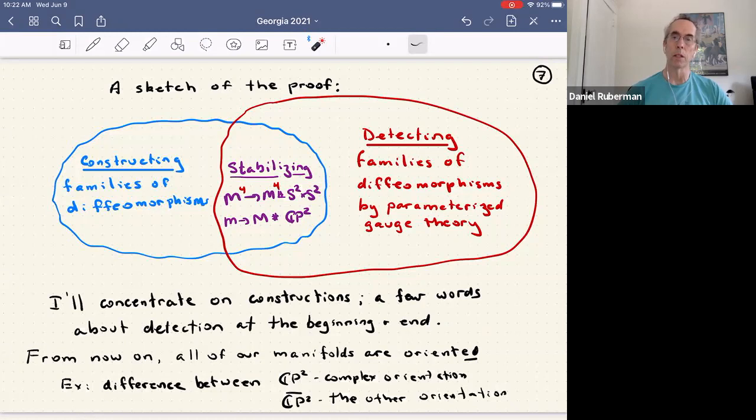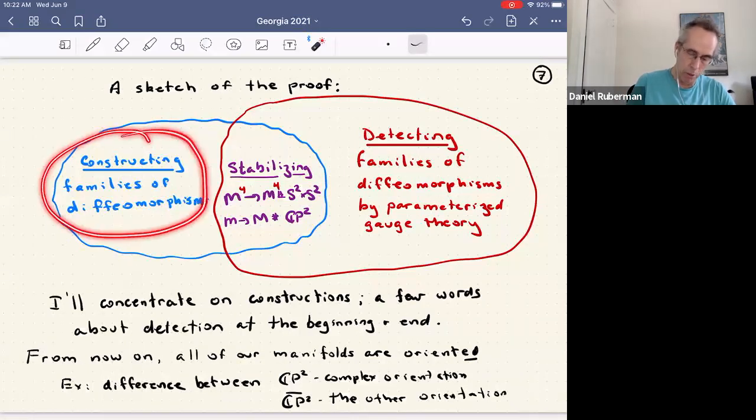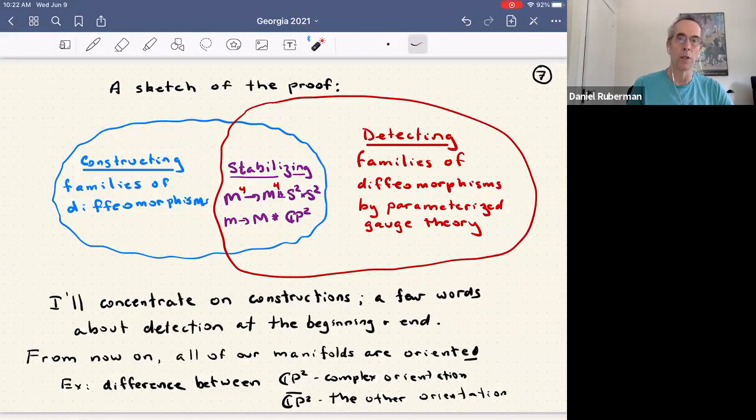But the challenge was twofold, the first being to construct things. So the second big part, which is really the new part, is the construction of the families of diffeomorphisms, and constructing them in a way so that the detection results would apply. In other words, there are lots of things you can construct, and the only question is, can you marry the construction to the detection result so that it actually says something. And there's an interesting overlap between these, which I will spend a few minutes talking about shortly: in both settings, both in the construction and in the method for detecting families of diffeomorphisms, the phenomenon of stabilization